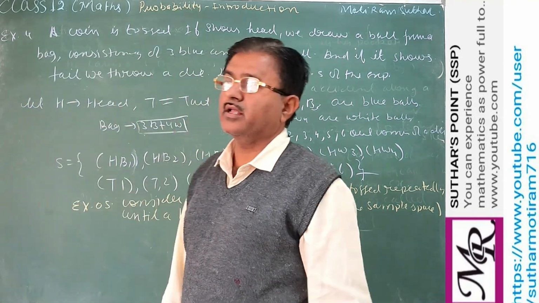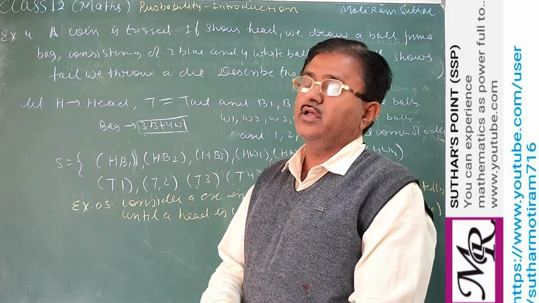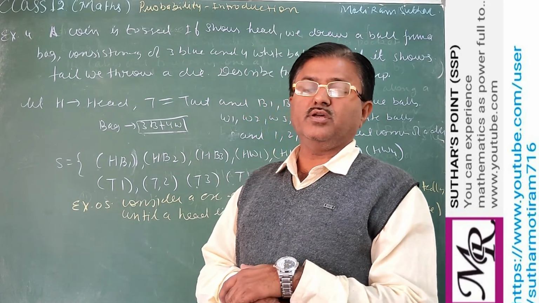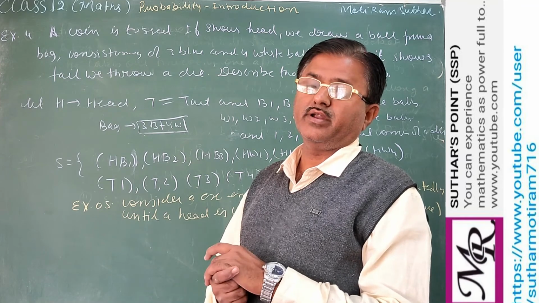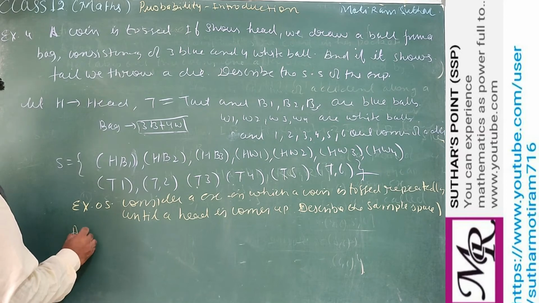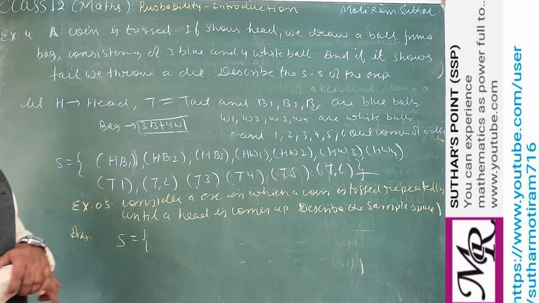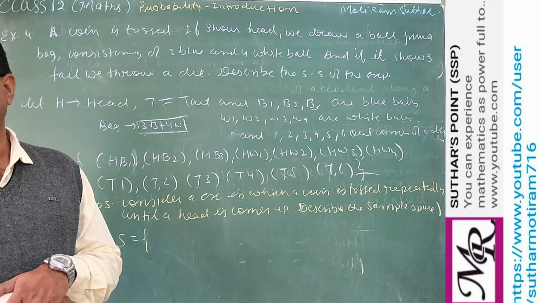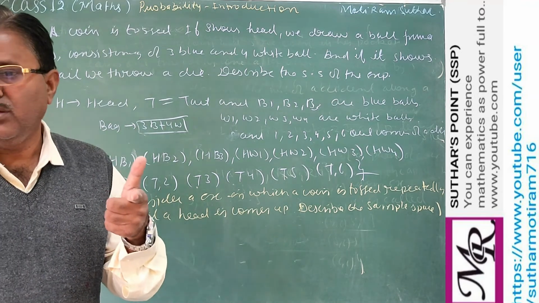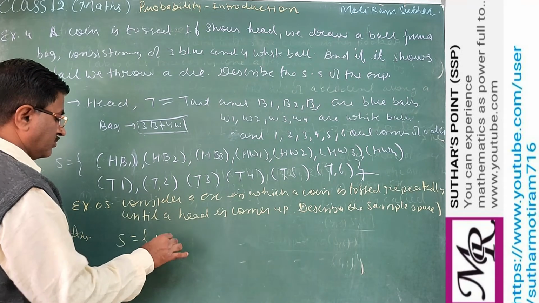जब तक हेड नहीं आएगा तब तक आपको क्या करना है, उस कॉइन को टॉस करते जाना, राइट. देन व्हाट विल बी द सैंपल स्पेस ऑफ दिस एक्सपेरिमेंट, राइट. सो इन द सैंपल एक्सपेरिमेंट, what result may be there. Suppose you are throwing a coin and first time you are getting head. जैसे आपने कॉइन फेंका और बाय चांस फर्स्ट टाइम ही आ गया तो आपका आउटपुट क्या हुआ, हेड.